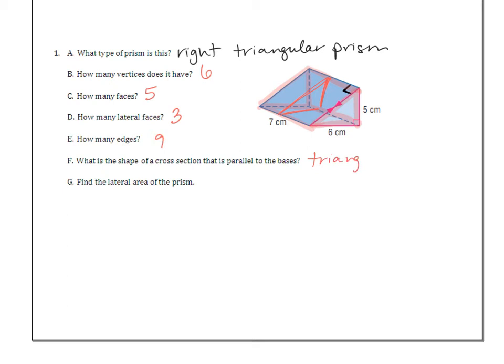It would be a triangle. And then last but not least, find the lateral area of the prism. Lateral area is perimeter of the base times the height of the object. Okay, so when you look at this shape,